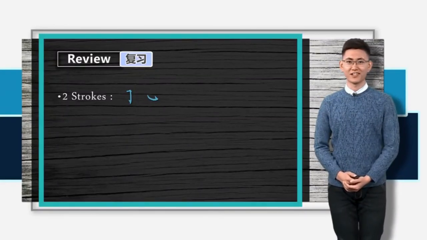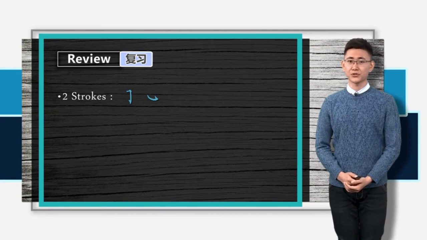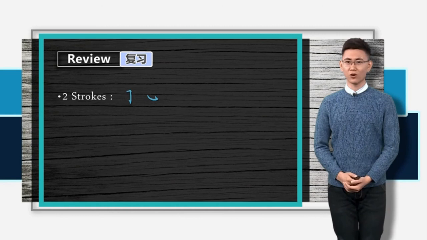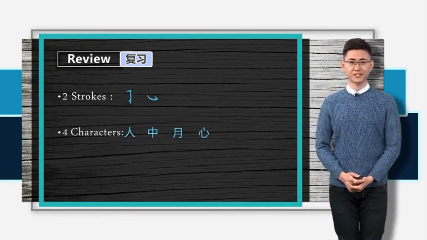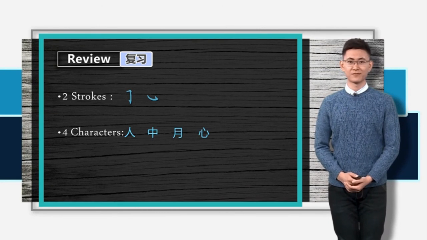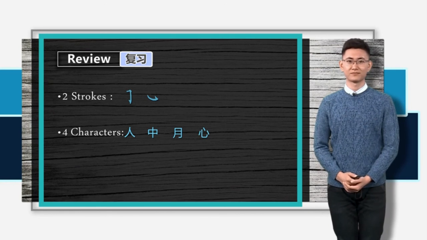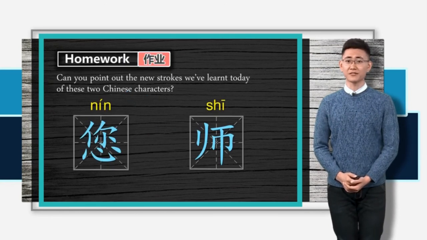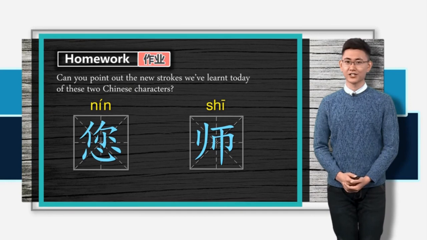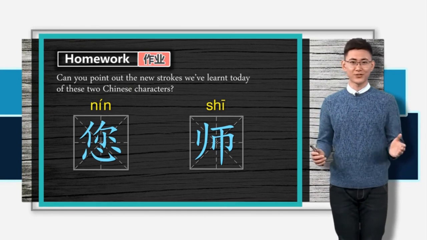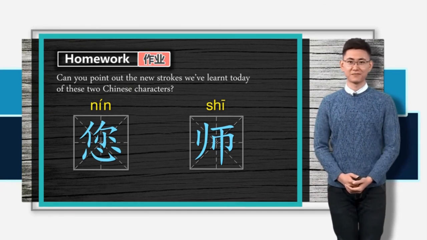Let's have a brief summary. Today, we've learned two new strokes. They are 横折钩 and 握钩. We've also learned four interesting Chinese characters. 人、中、月、心. And can you point out the new strokes we've learned today in these two Chinese characters? 您 and 师. That's all for today. See you next time. 再见。